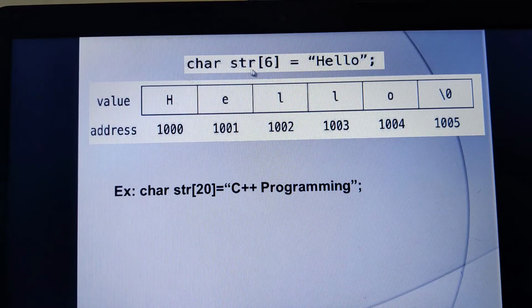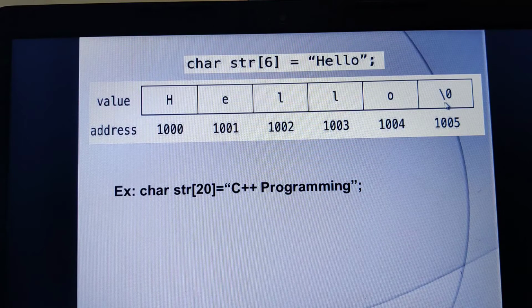Therefore, here now this is the example for the string constant. Am I right? So the memory taken by hello in the memory is 1, 2, 3, 4, 5. But because of the presence of the null character, the size of this particular string will be 6. What I am trying to say is, usually escape sequence characters take 1 byte of memory space.